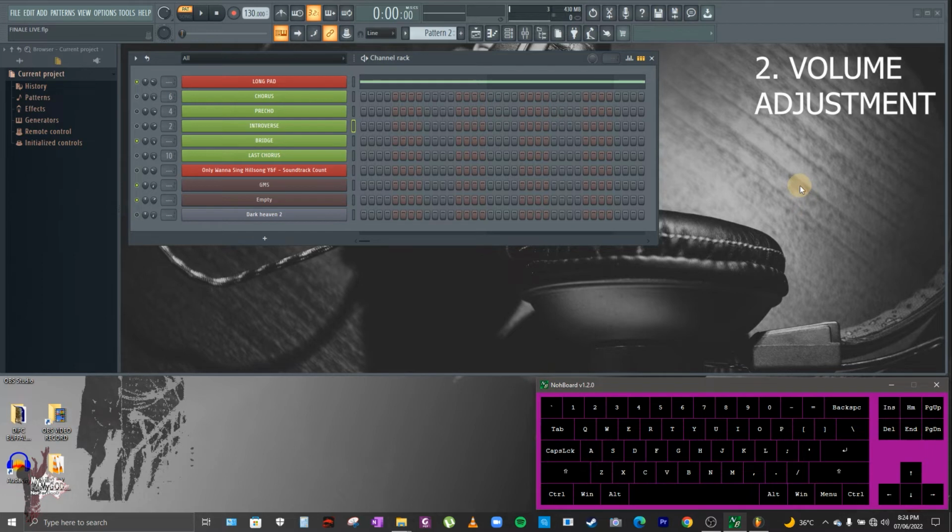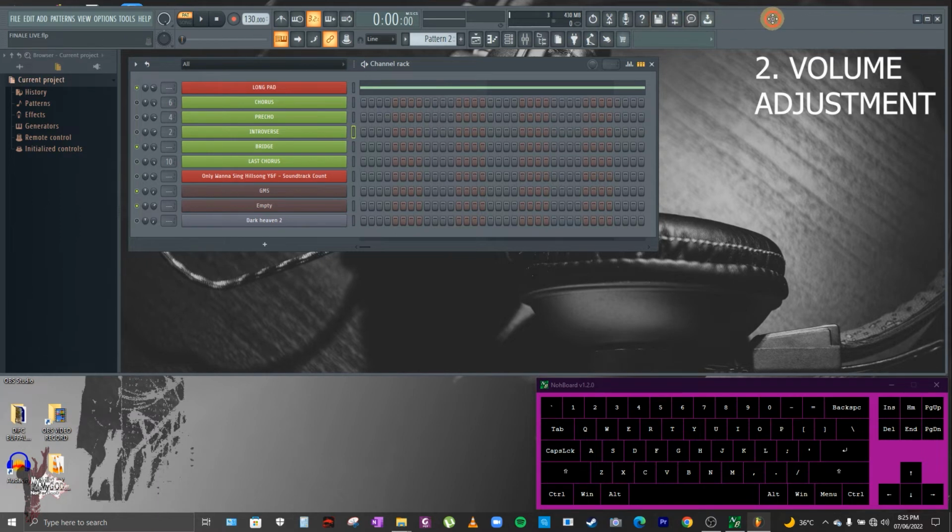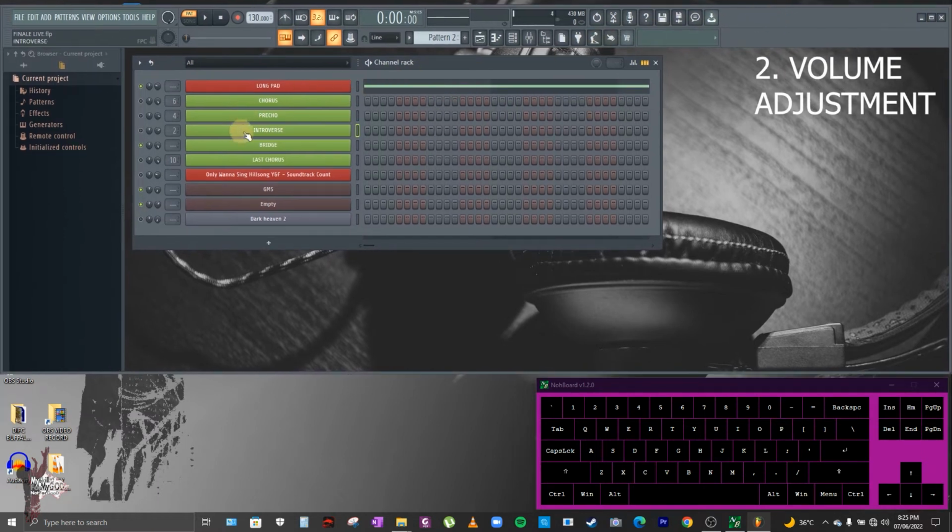Next, we're gonna talk about the volume adjustment. So in the FL Studio, there are three main ways to adjust the volume depending on the purpose of the volume adjustment. Okay, so first we have the main volume. This is the main volume over here. So in this case, when you adjust this volume here, it will adjust generally all the volume that's inside in FL Studio. Okay, everything including all these channels here, it will adjust in one going. So as what it says, it's called the main volume.